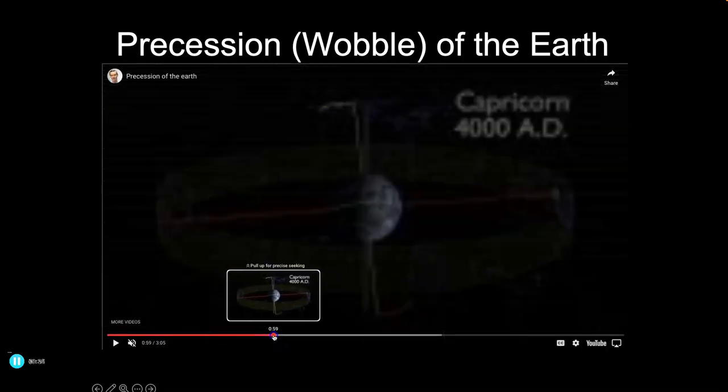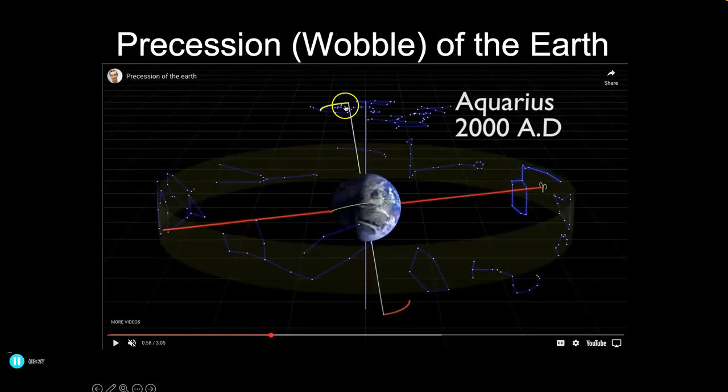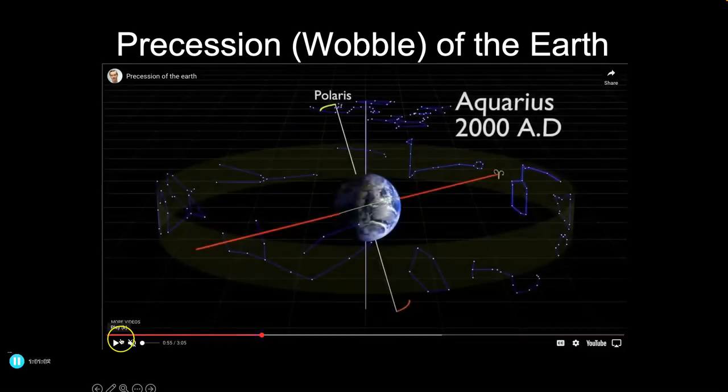let's go back. There we go. Okay. So right now, the North Pole is pointing at Polaris, right? That's what makes Polaris the North Star, is that it's the star that lines up with the North Celestial Pole, right? It's the star that just so happens to be right above the Earth's North Pole. Except that over